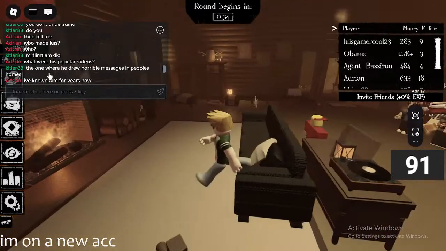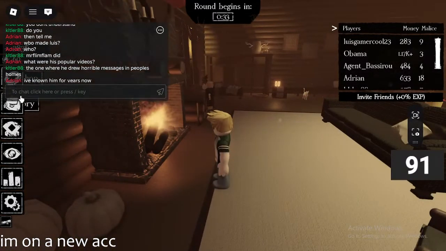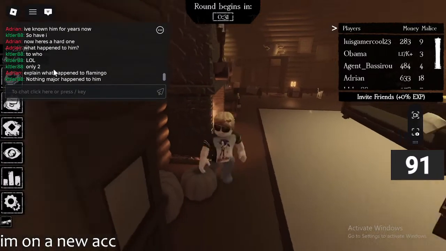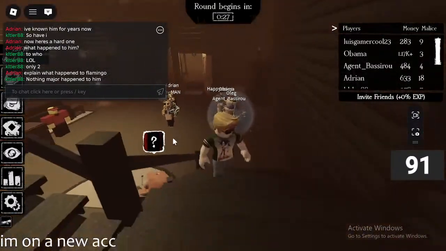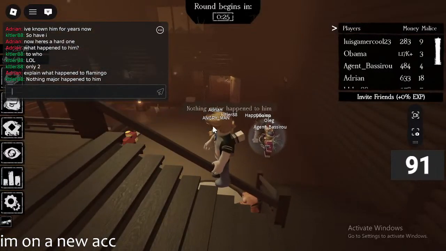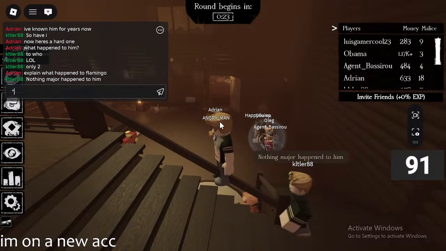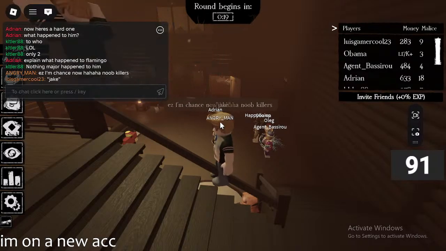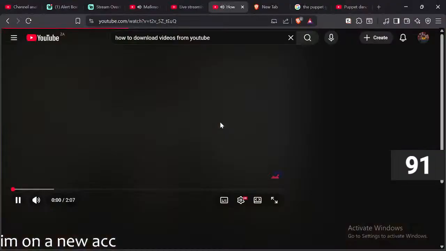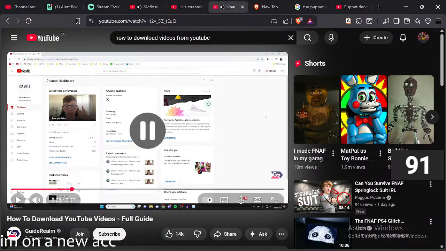There are a couple of different ways you can go and download YouTube videos, and I'm going to explain them in this video. So firstly, I want to show you how you can download your own YouTube videos. To do that, you first need to go to your YouTube Studio. So go to the top right and click on your profile icon, and then tap on YouTube Studio. Once you're in the studio,